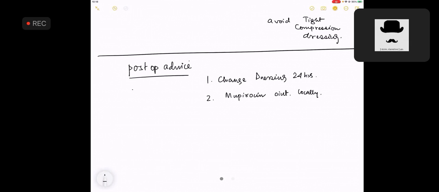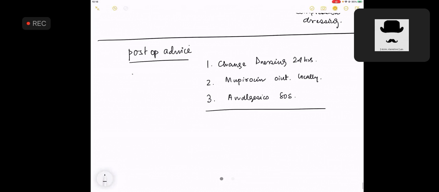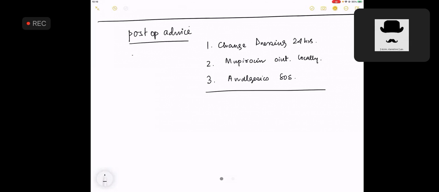This is what you are required to say to the patient. You can give analgesics SOS, no oral antibiotics, please. Now, in a patient with a post-op complication, remember we have